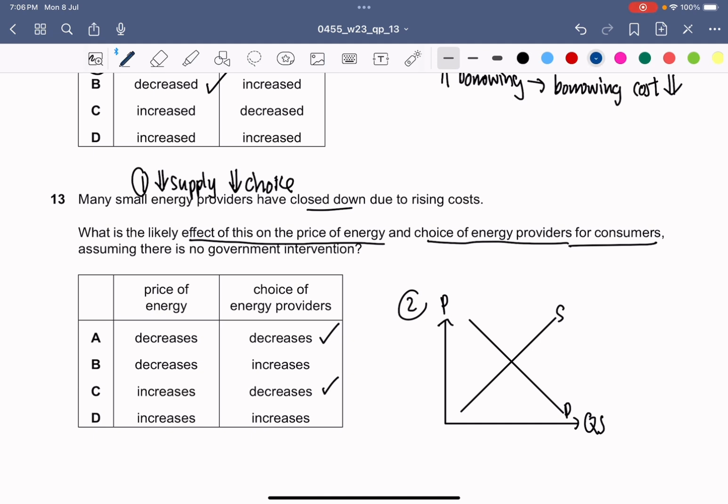So okay, when supply reduces, what happens? Its supply curve moves to the left. So you can draw now. So what happens? Price increases and quantity supplied reduces. So we can deduce the answer where price of energy increases because this shows us. Okay, move on to next